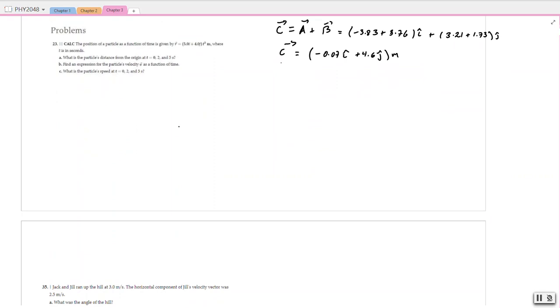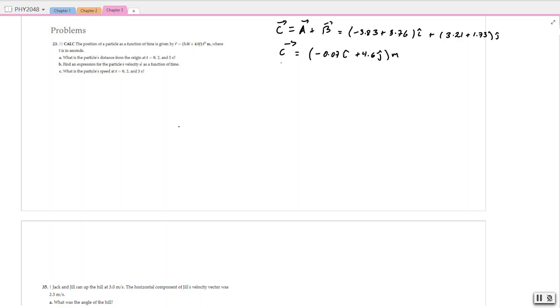So they ask you what is the particle distance from the origin at t equals 0, t equals 2, and t equals 5 seconds. Then they say find an expression for the particle's velocity v as a function of time. And then they say what is the particle's speed at t equals 0, t equals 2, and t equals 5 seconds. So the first here is to find